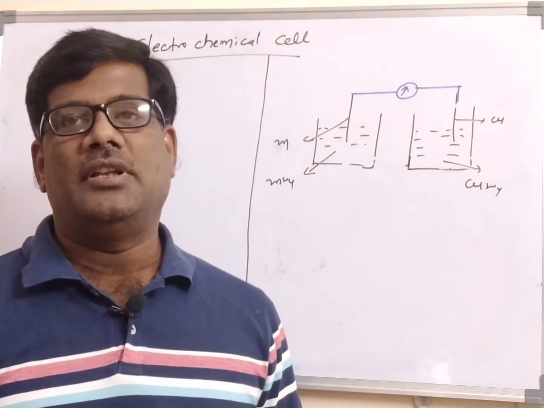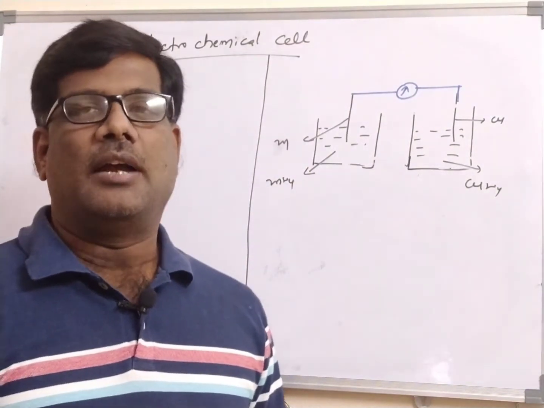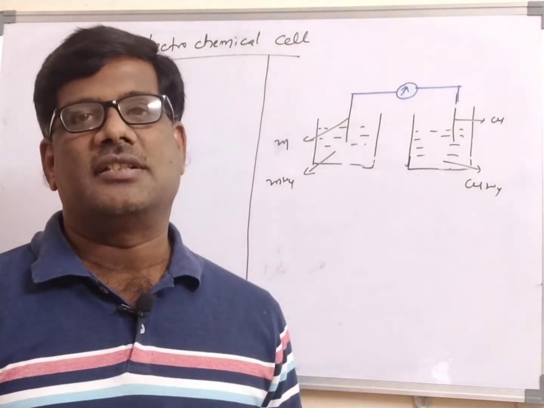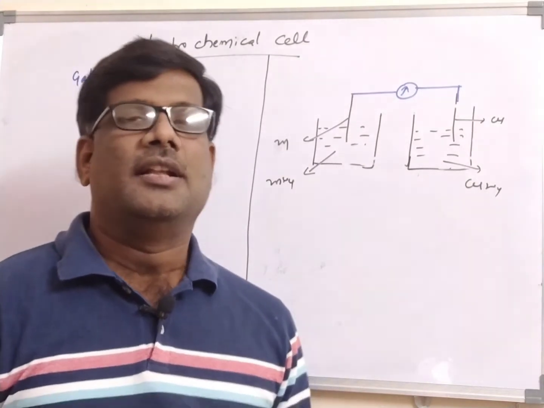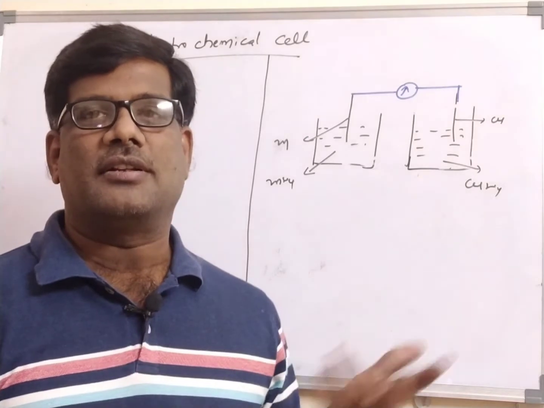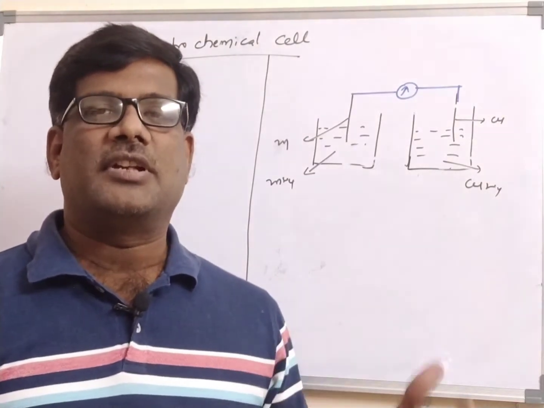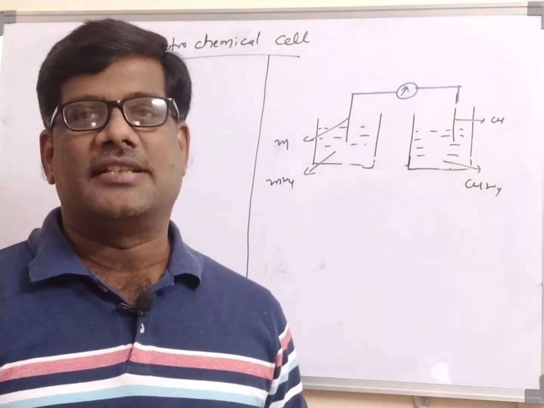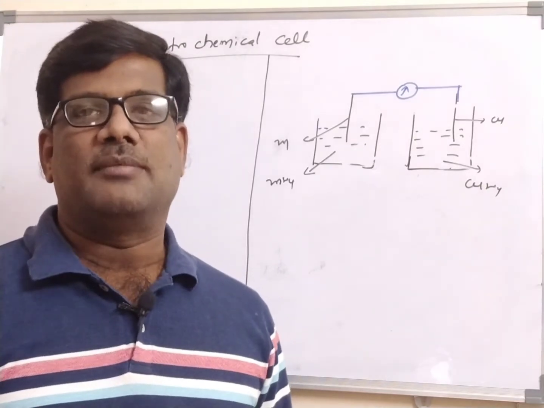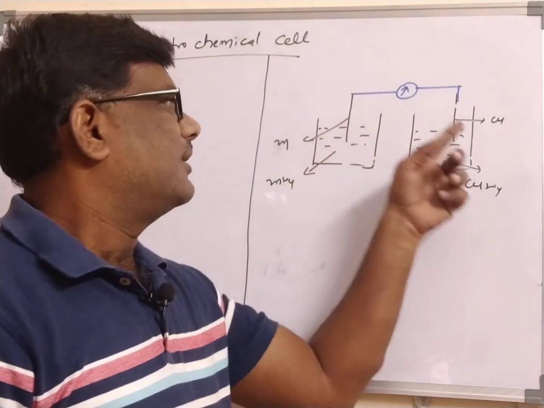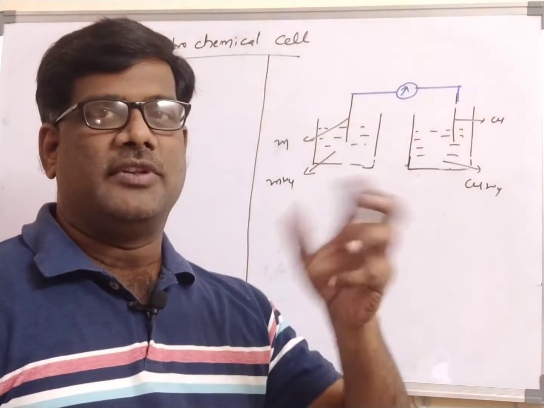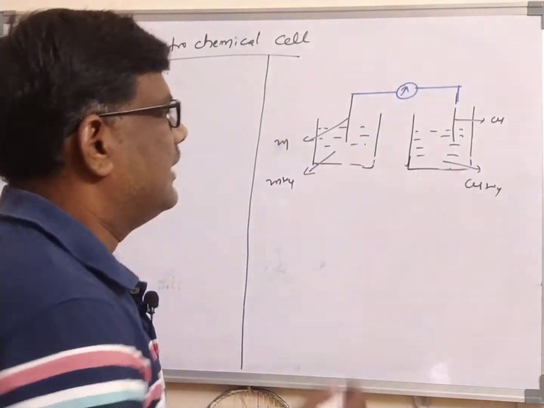Already we are very familiar with the use of the ammeter. The ammeter measures how much electricity is produced during this process. So the ammeter is useful to calculate the electricity produced in this process. The electrochemical cell produces electricity, and how much electricity is produced can be obtained by using the ammeter. Zinc and copper are connected through the wire, and in between the wire we have the ammeter.